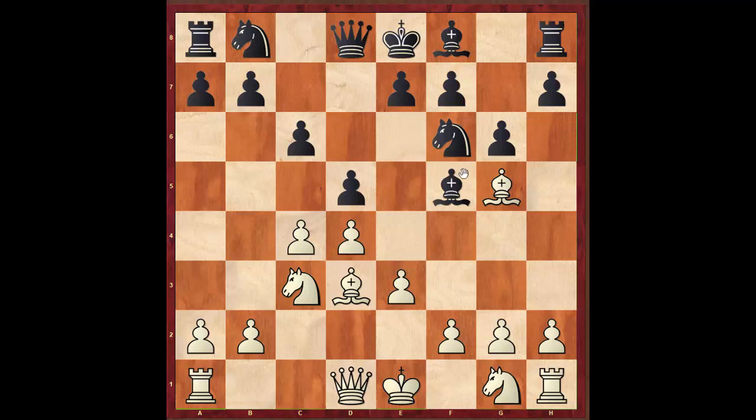I mean, black could have taken. Exchanges is fine, or he could just even wait, because the exchange isn't necessarily bad for black. Anyway, this is clearly an inferior move, and now here, the first real decision of the game, I suppose, for white,